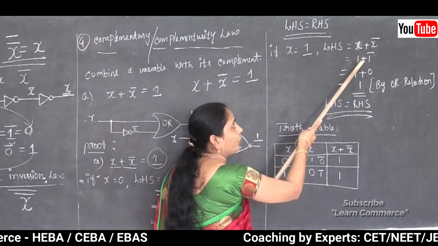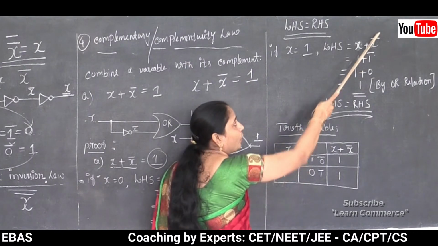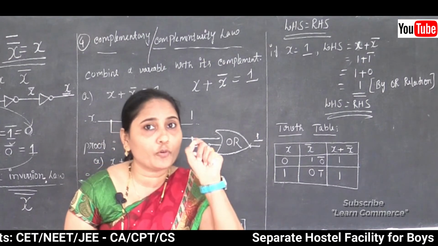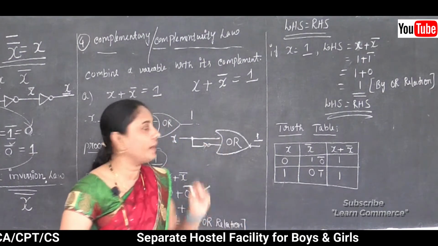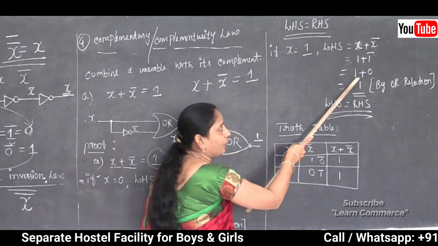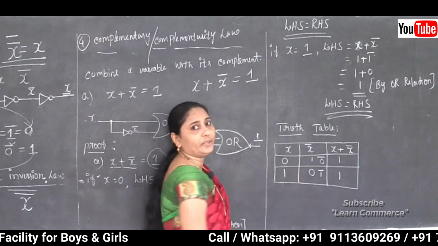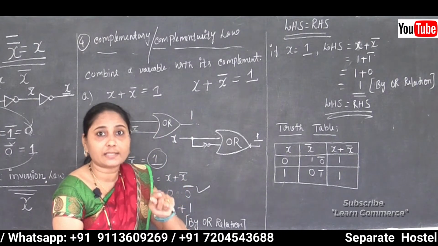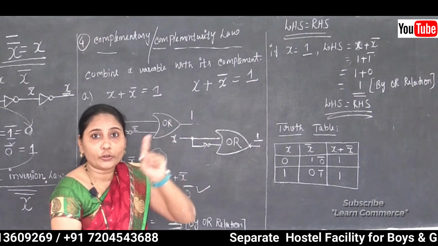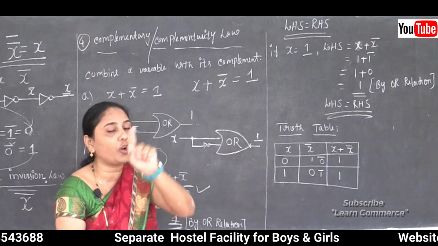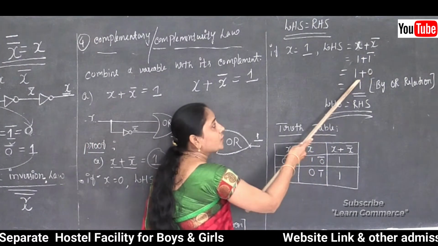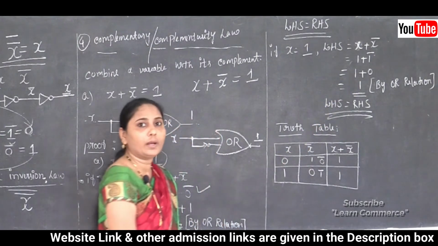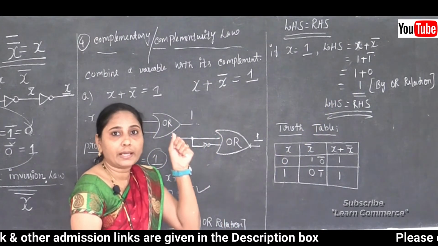Now the x value is 1 plus complement of x. The complement of x is equal to complement of 1. And if you are using complement of 1, in the third step we will get 1 plus complement of 1. What's the value we will get? The complement of 1 is called not true. So not true is equal to false. The false value is equal to 0. So we'll get the value as 1 plus 0. When you add 1 plus 0, the answer will be 1.